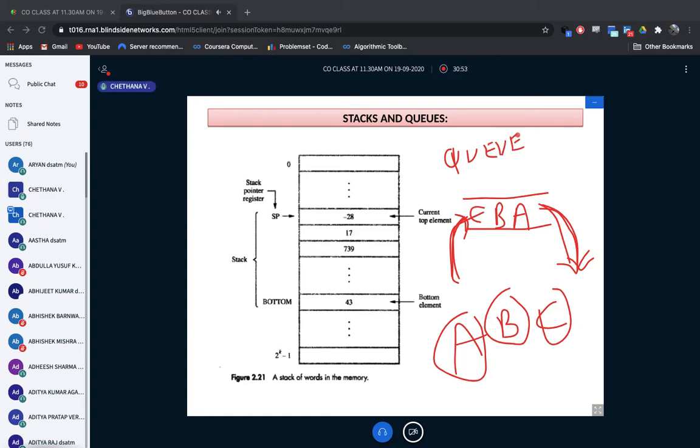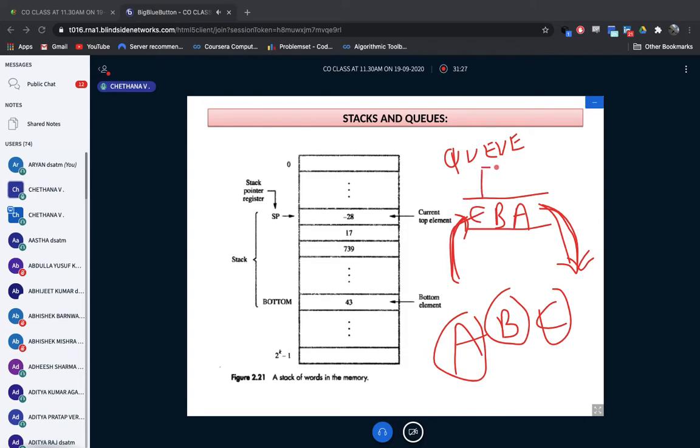See, we'll go to a shop to buy something. You will make a queue, right? Whoever is standing in the first place will be served first, isn't it? So first in, first out. Whoever is the first person will be served first. Now, A, B, C are there. First I have entered A, next B, next C. Now which one will come out first? A will come out first. But in stack, it's the opposite. C will come out first. So here, whoever goes first will be served first.